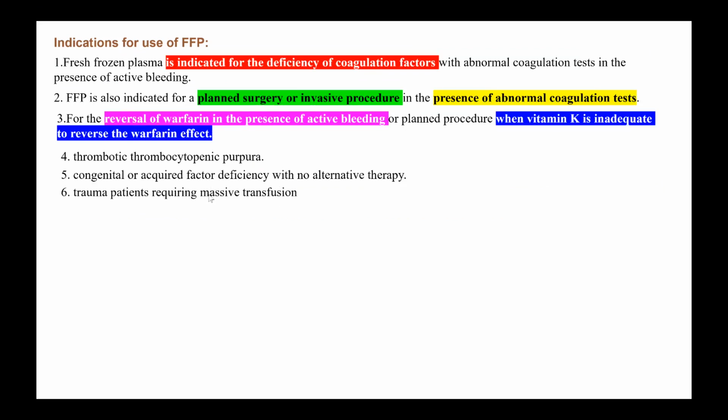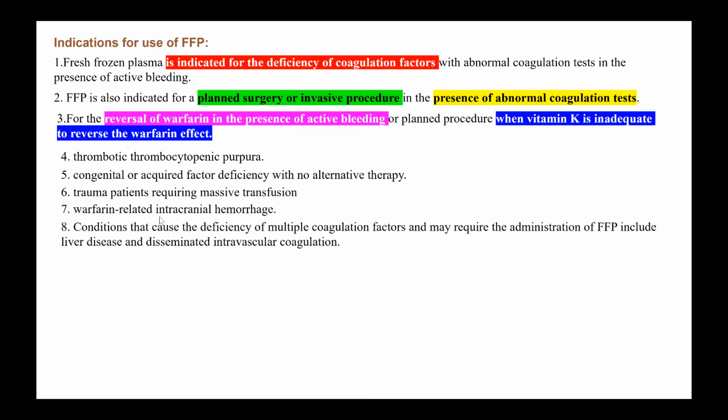Whenever you do massive transfusion, the ratio is 1 part of RBC, 1 part of fresh frozen plasma. And warfarin related intracranial hemorrhages, conditions that cause deficiency of multiple coagulation factors, all these things in liver disease and